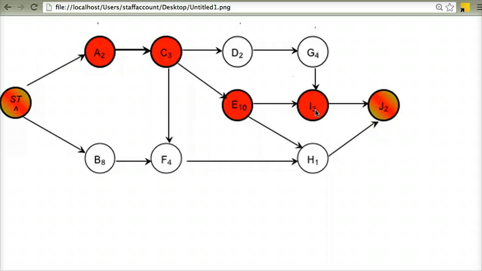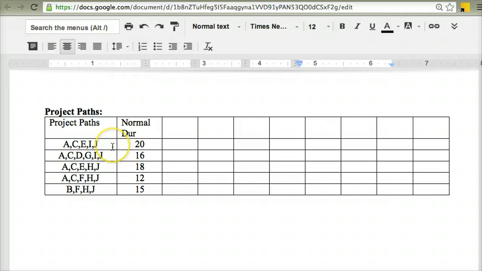Rather than do the critical path analysis every single time I change one of the numbers, which would be really laborious, I'm going to take a shortcut. I'm just going to keep an eye on what's happening to each of the different paths that are on my project network diagram to see the effect that changing the duration of I will have. So for instance, in the critical path, which is this first project path that I listed here, the normal duration with I having a normal duration of 3 give me an overall project duration of 20. But once I crash I, and again I'm just going to go I and asterisk there,